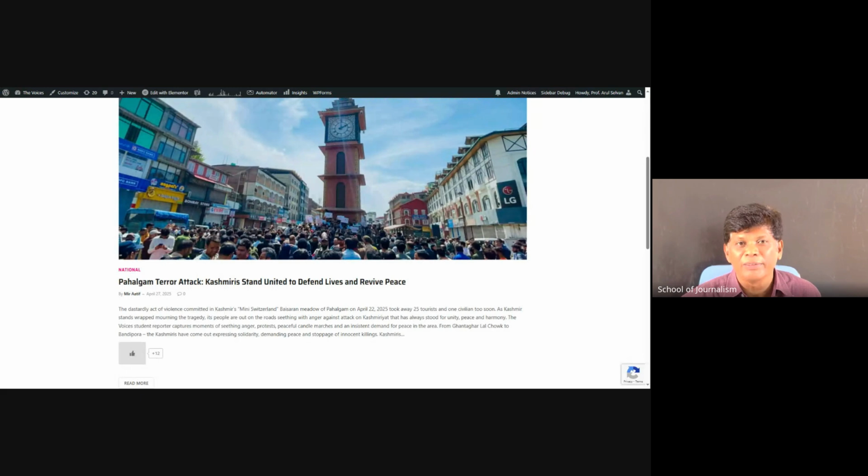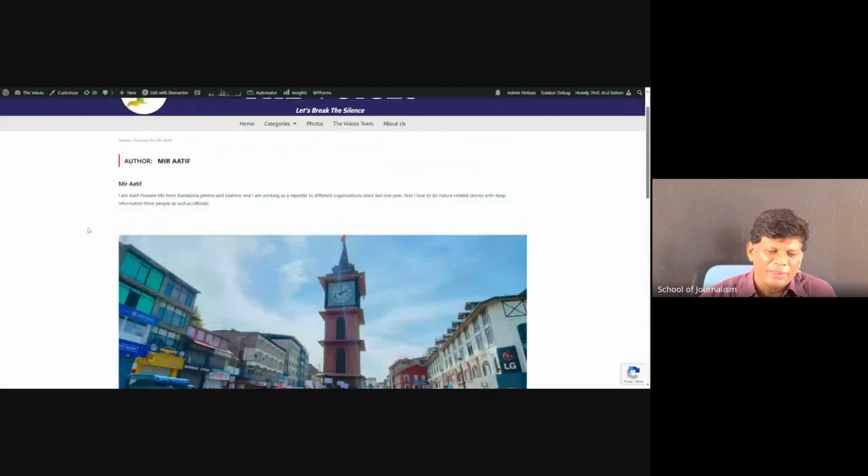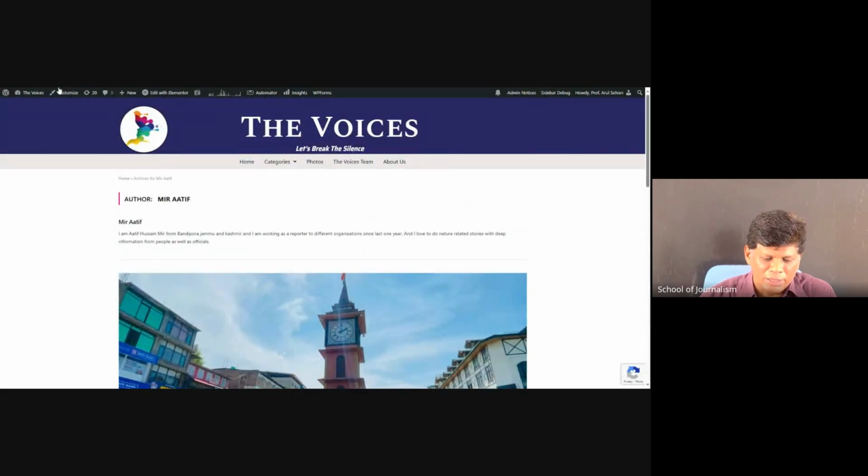And you tend to get learning from the senior journalists. So typically, if you work with the Voices, 5 months, 6 months, 1 year, or long term, whatever you wish, you'll get a solid background. If you are interested in working in a newspaper, they always look for someone with experience, and this platform definitely gives good experience. And it's a distance university. We never do regular classes, but this project, I can definitely guarantee that if you work with a team for 5 or 6 months, you can be a very professional journalist. At least you understand all the basics, right? So that's one. I don't know if any seniors are available here.